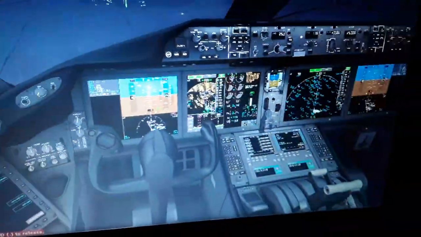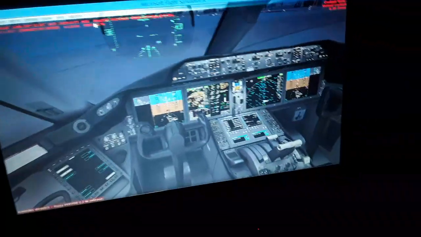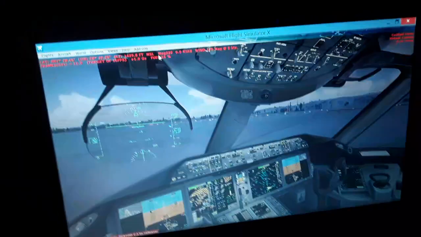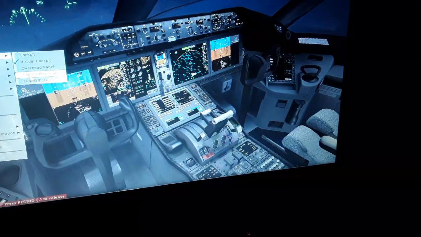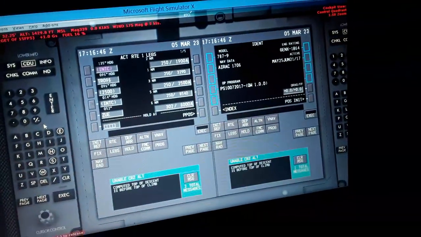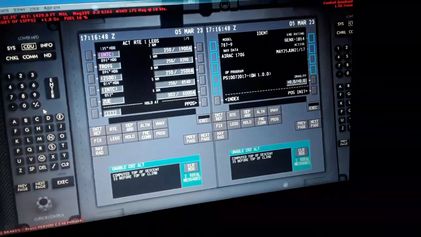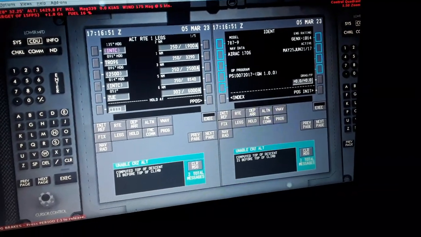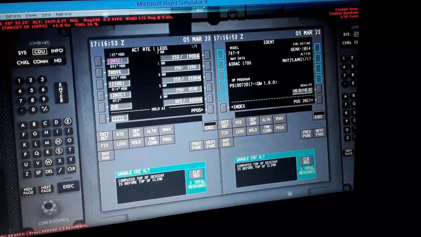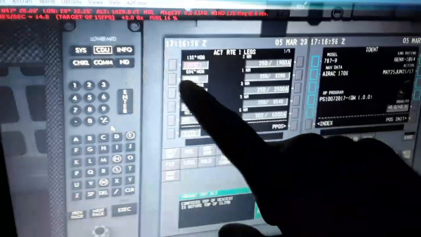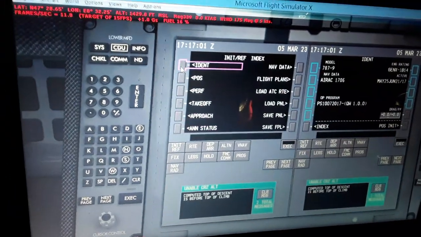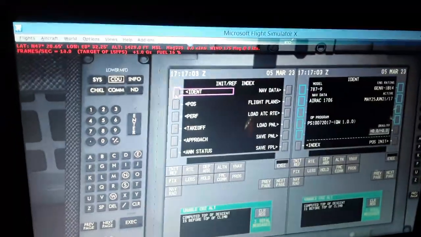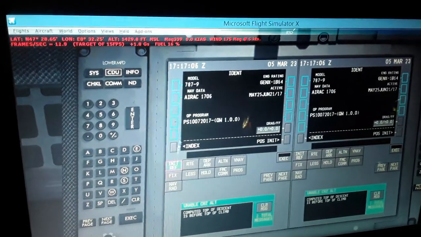I will show you maybe. All the settings now are identical to the autopilot flight director system panel settings here. I will show you a little bit the flight plan here created using the control quadrant. So I showed you that already. This is the flight plan we have created. You can see I have inserted all the information through the initialize index here: identity, position. So we have the identity of the aircraft, position,